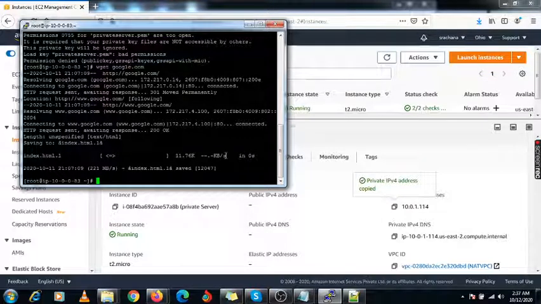It is because of this NAT instance that the private subnet is able to reach out to the internet directly. This NAT instance is mostly used in organizations to minimize cost, because the other way, that is the NAT gateway, is the most costly service provided by AWS. Whatever data is uploaded and downloaded, the charges apply, and compared to the NAT instance, the NAT gateway is more expensive.